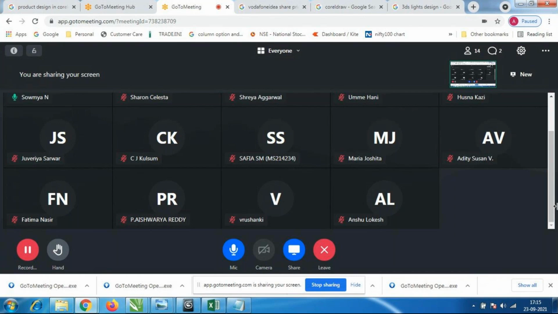Maria Joshita? Husna? What is the difference between C extension and L extension? Juveria: L extension is an L-shaped wall and the C extension is the C-shaped wall.